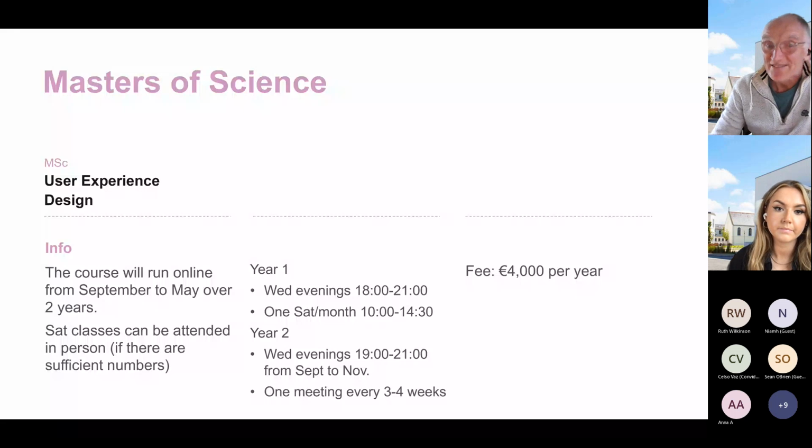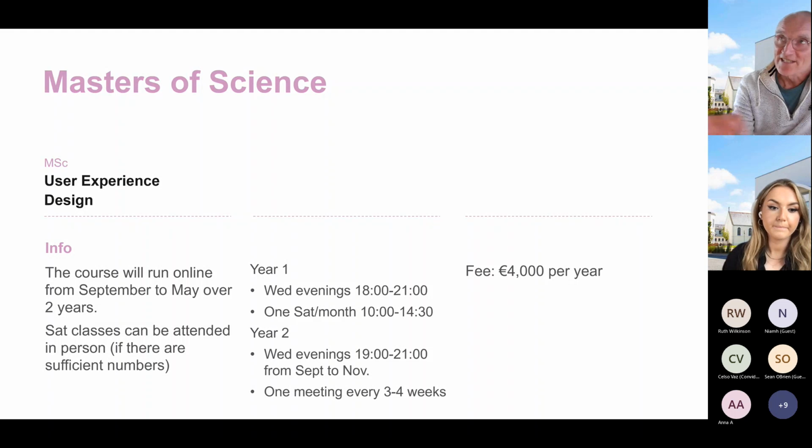So basically what will happen is if I'm teaching that Saturday class, I will go into IADT and I will be in a classroom teaching the class. And I'll have a Teams session open so that people can join it remotely. Now I'll only be sitting in there if there are other people in there who want to have that sort of on-campus experience. If you want to do the course entirely online, you can.